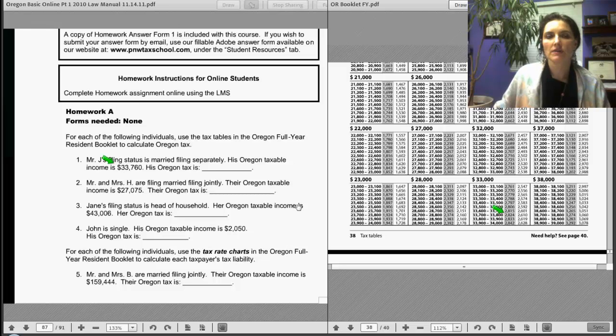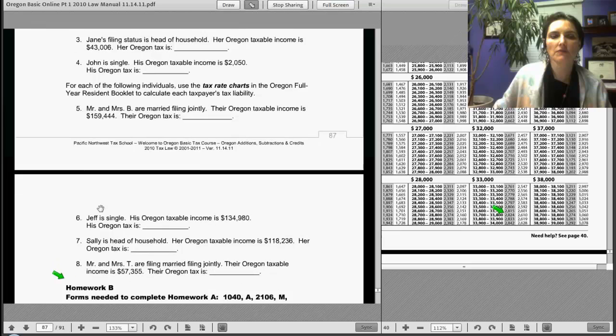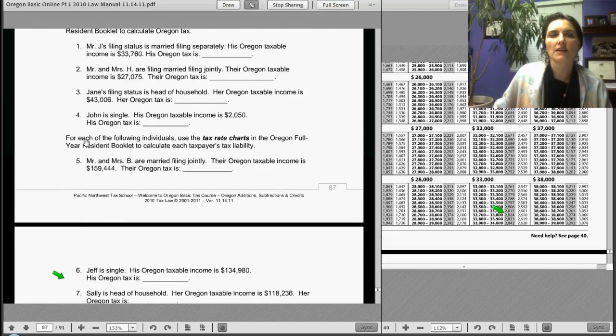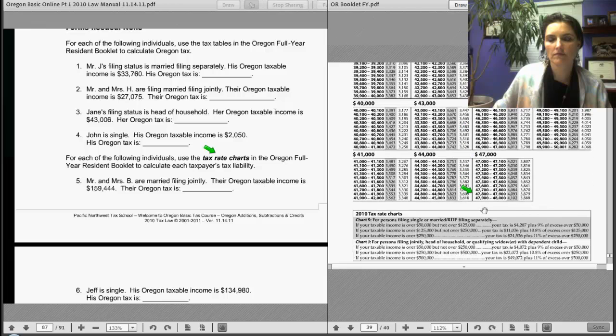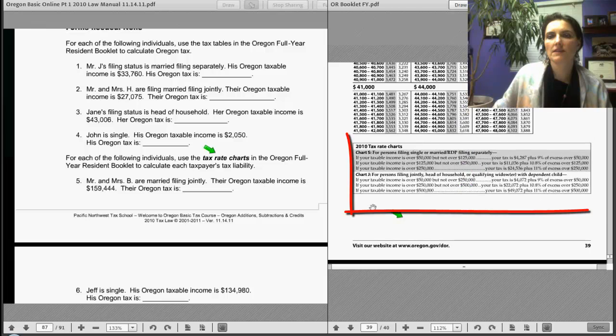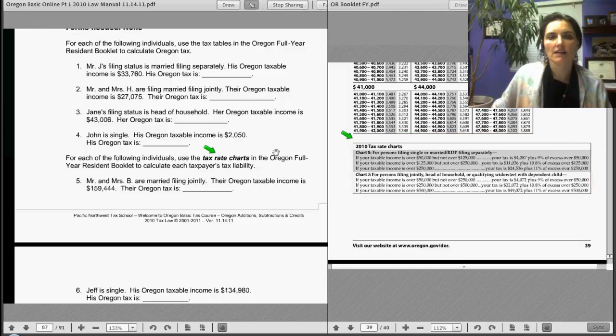And then the second part of Homework A involves questions 5 through 8. Questions 5 through 8 ask you to use the tax rate charts in the Oregon Full Year Resident Booklet. The tax rate charts for full year residents appear at the bottom of page 39 of the Oregon Full Year Resident Booklet. Let's do the first one together. Mr. and Mrs. B are filing jointly. Their Oregon taxable income is